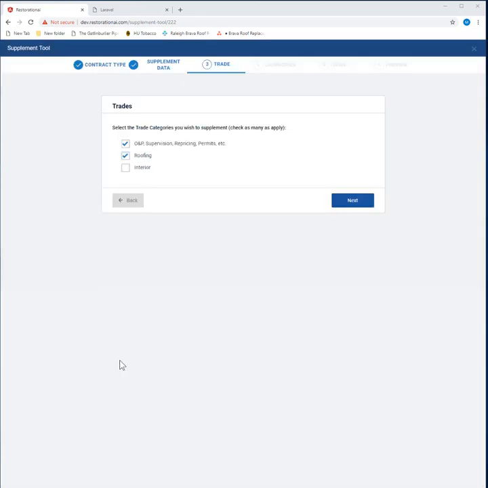We'll now select the trades we wish to supplement for. At present, there are 3 trade choices. We'll be adding other trade groups, such as gutters, siding, windows, as well as others with future supplement tool updates. The first trade group is for O&P, residential supervision, repricing, and permits. The second covers all roofing items, while the third has 22 interior rooms with 43 pre-written supplement paragraphs for the